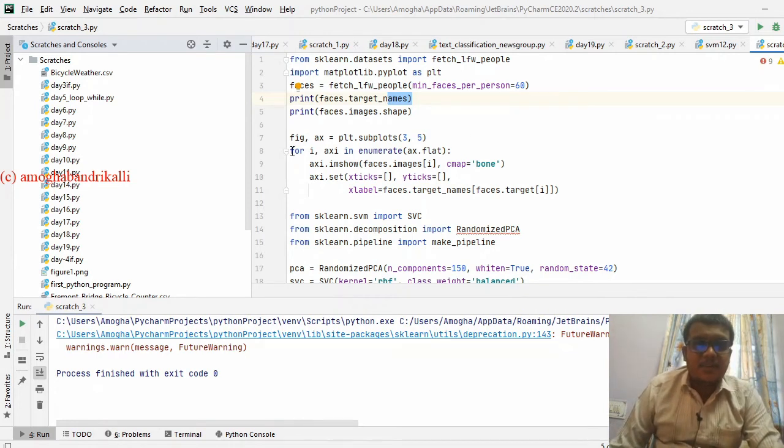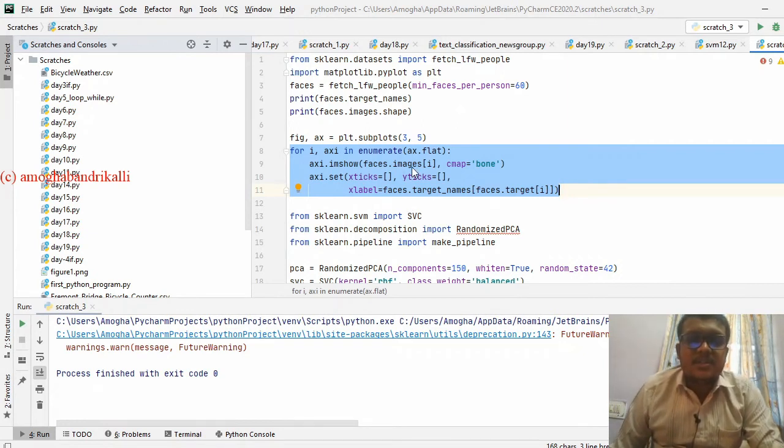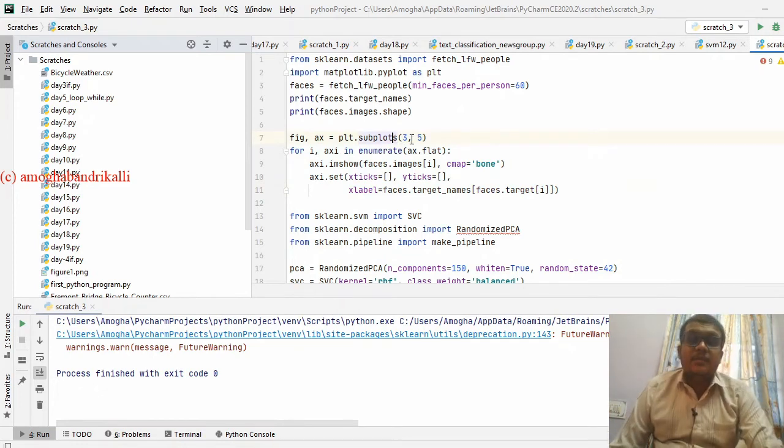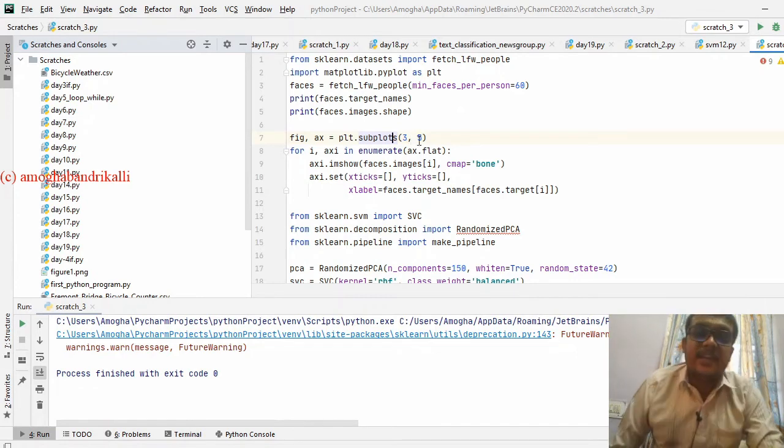Now we are going to plot some sample images, by dividing our window into 3 by 5, that is 3 rows and 5 columns, so 15 faces will be displayed.